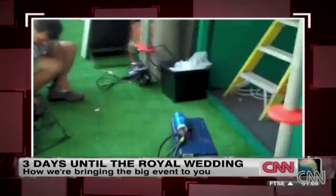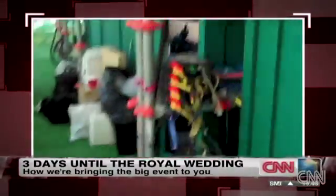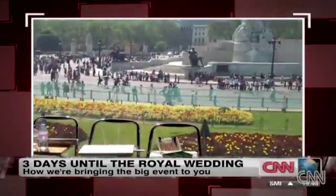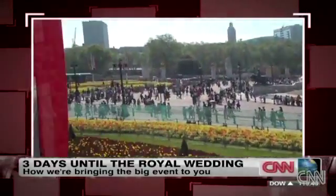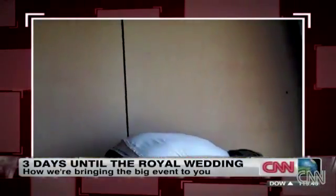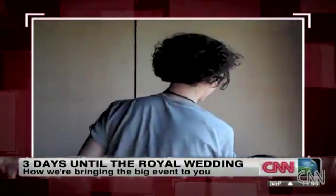This is the hallway. You get a little look at what the other broadcasters are doing. A lot of work going on. Everybody seems to have different chairs. So this is CNN's main broadcast studio. We're trying to transform it from a plain sort of black box into something that looks a little more decorative, perhaps a little more